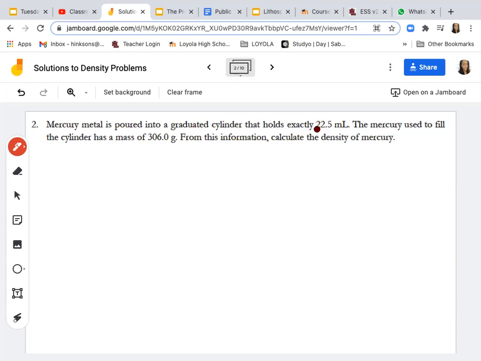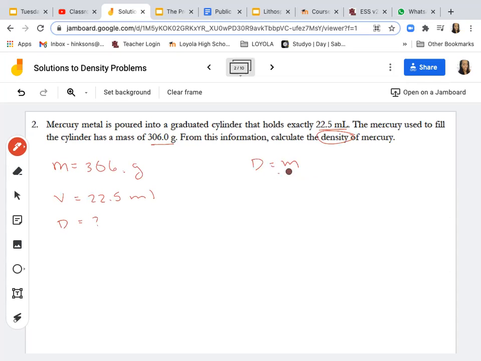So you know this information, so the mass is 30.6 grams. And then the volume is 22.5 milliliters. And we don't know the density yet. Okay, and then they asked me for the density, right? So I'm just going to put D equals